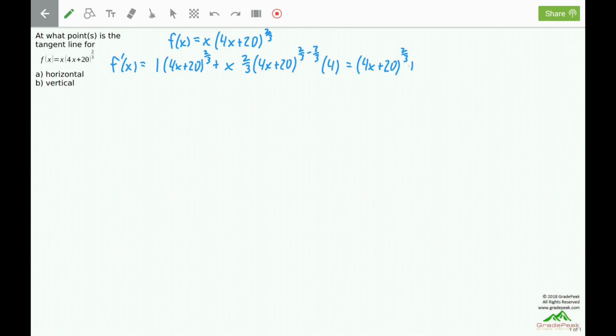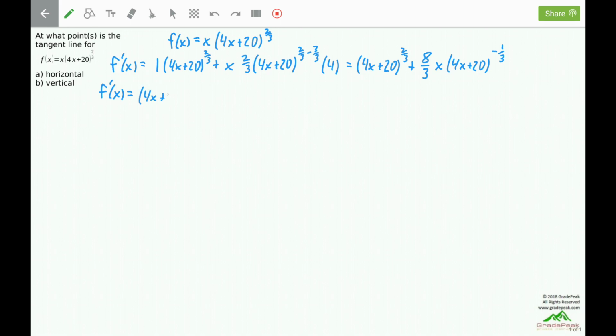The second term, I'm going to bring this 4 out with this 2/3. 4 times 2/3 is 8/3 x, and then we have (4x plus 20) to the 2 minus 3, negative 1/3 power. Since I have a negative exponent, I'm going to rewrite that in the denominator. So my f prime of x equals